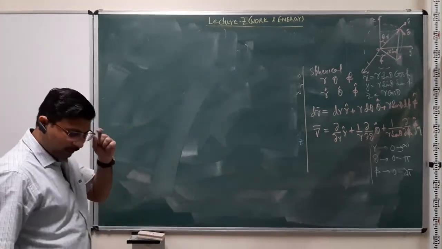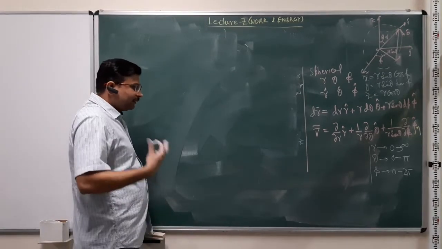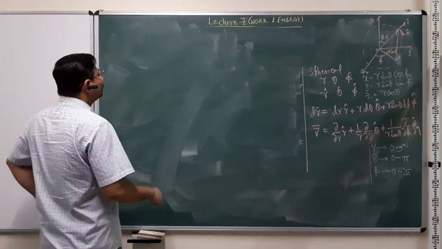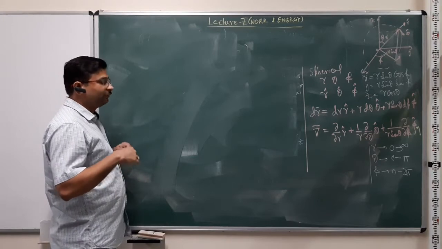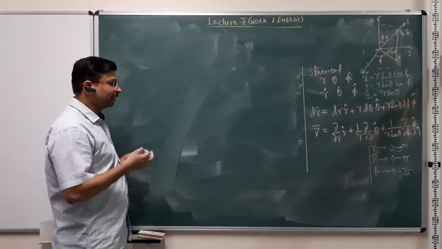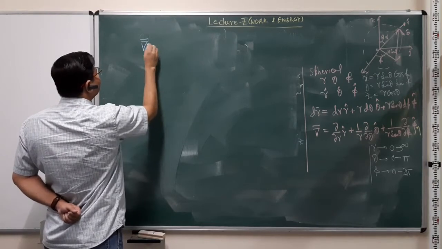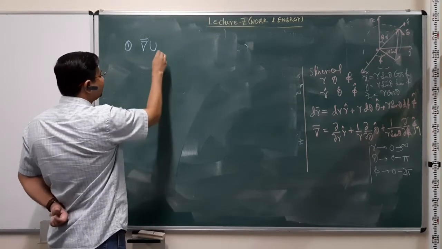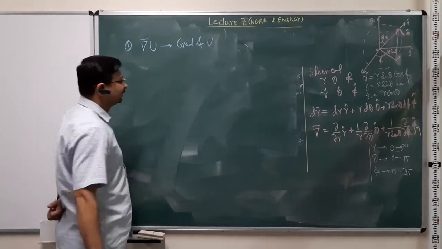So let's end this topic with the last remark that although I said that the del operator, which is a vector, does not have a physical significance in itself, nevertheless, since it's a vector operator, we can still describe all the vector multiplications that exist between a vector and a scalar and a vector and a vector. In that spirit, we can write down expressions like del of u, where this is the vector operator, this is scalar, and this is termed the gradient of u.